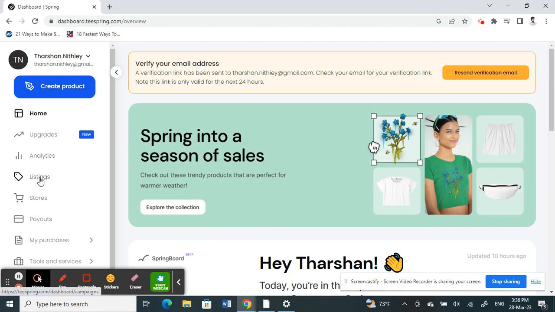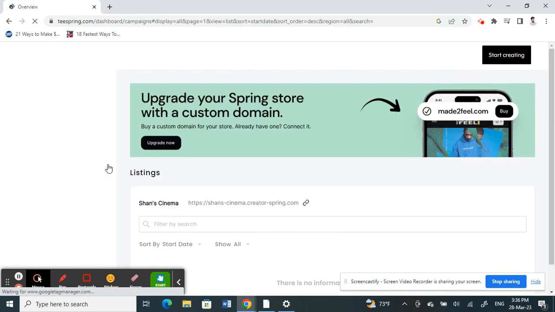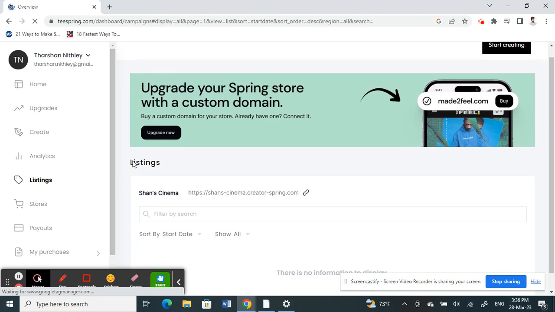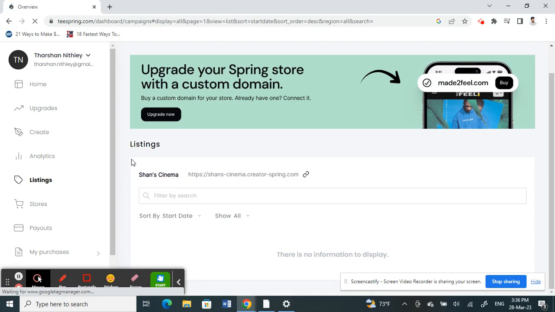on your left panel here, you'll see a listing option. So click on the listing option here. Once you click on it, you should see all the products that you currently have listed. As you can see, mine is a brand new account. I just created this account, so there's no listing yet on mine, but you should see your listings here,